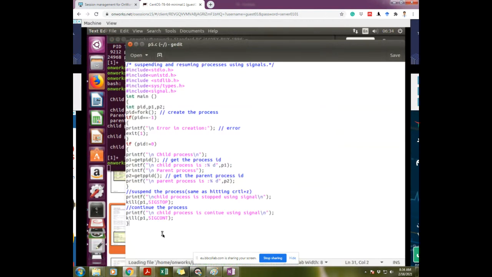Gedit here, kill p1, kill p, parent. Enough, to parent. Okay, this statement. Okay, save, close.